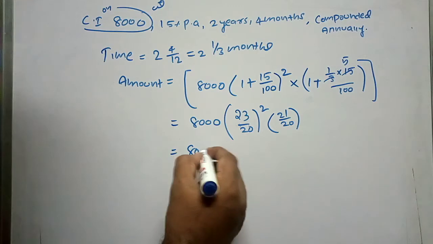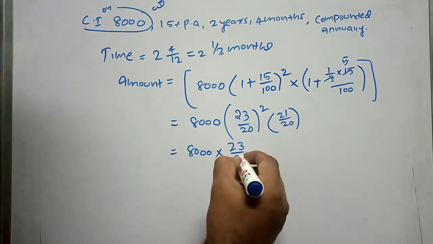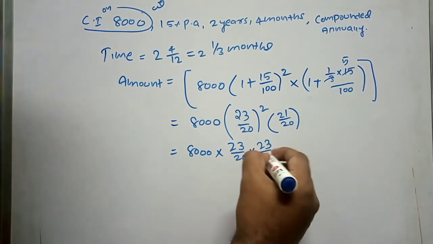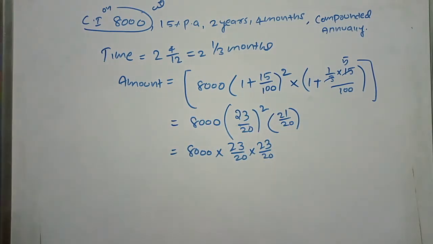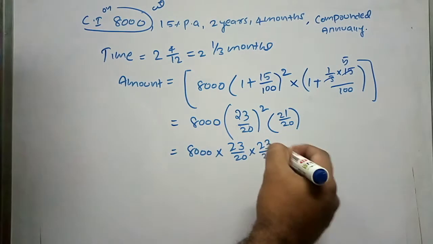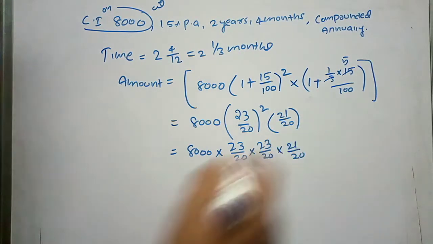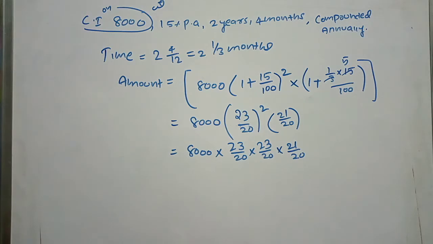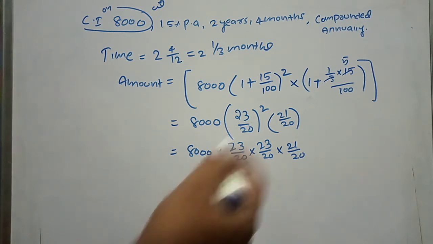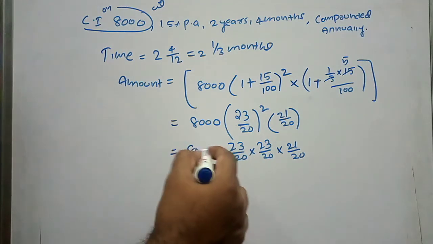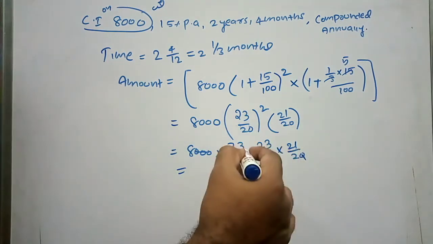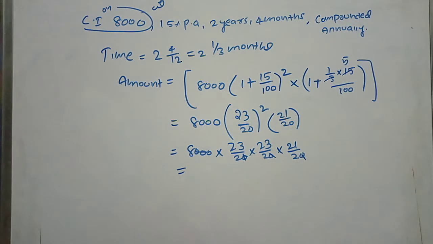So it can be written as 23 by 20 whole square and 2 times 23 by 20, then 21 by 20. So all these things can be cancelled, you can do multiplication, you can remove these zeros, and the remaining can be